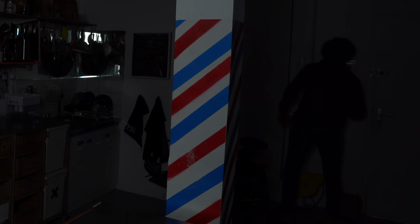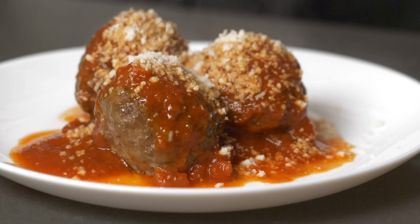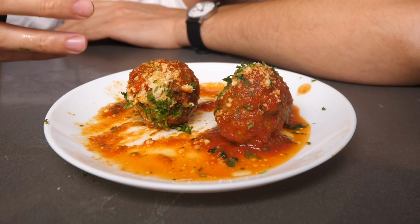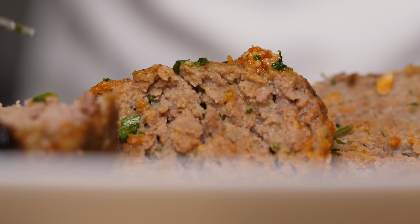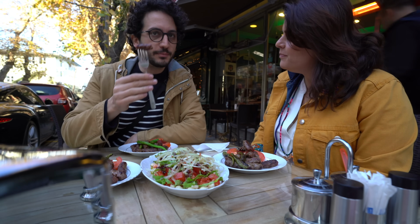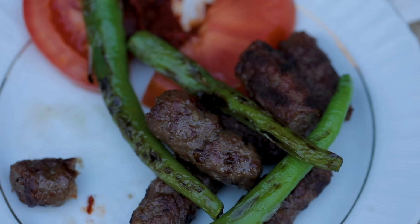Over time, I think the shape of these very different yet connected meatballs has flattened. Roundish with the Italian-American meatballs, a bit looser in terms of shape. The Swedish meatballs, they don't have to be perfectly round. The Swedish meatball has a side. And then with the köfte in Turkey, these meatballs don't look like balls, to be honest. I'm not complaining about this from a cultural point of view. I know standardization is the death of...